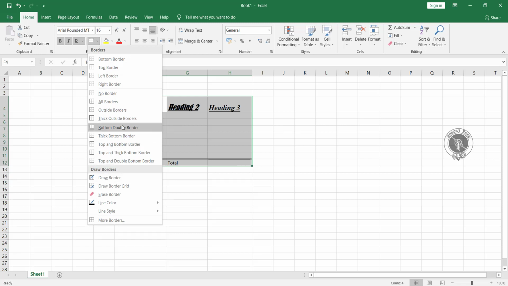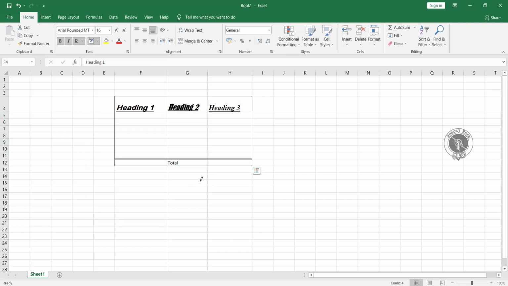Okay, so here we have all those sections for making it thick. If you want to apply top and bottom borders both ways, all these options are here, you can use that. Then next we have draw border. Now if, instead of using all those things, you want to draw your border, then you can come here, and you can draw your own border by yourself.